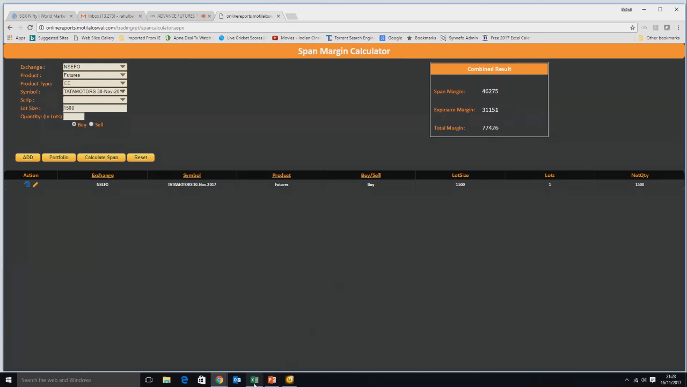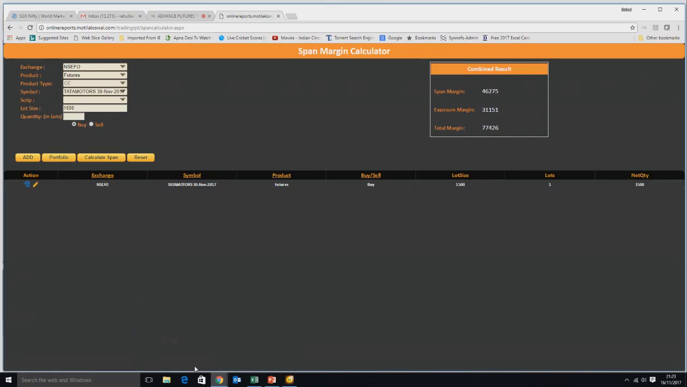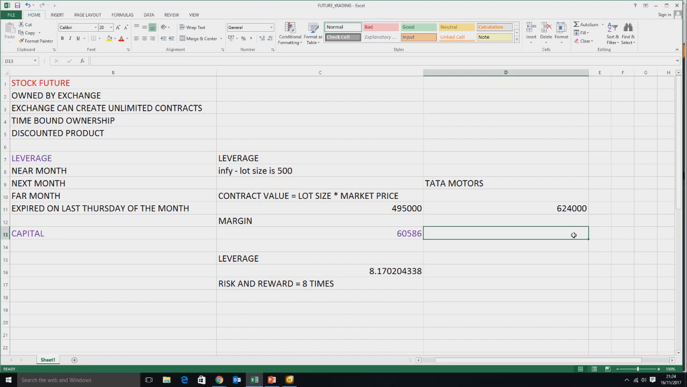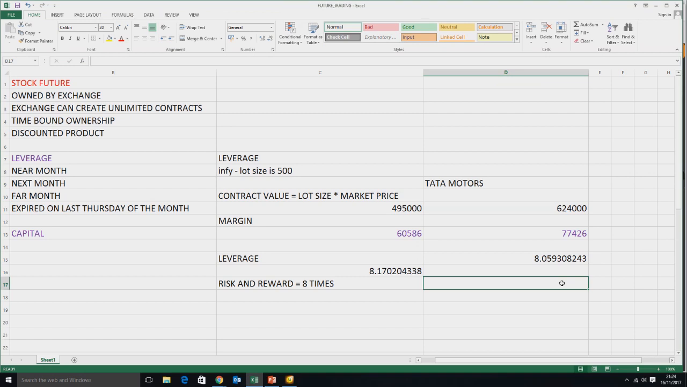So let's calculate. So here, what is the total one? 77,426, right? So here, if I go and select my sheet again, 77,426. So what is the leverage here? It will be equal to my contract value divided by my margin blocked, roughly around also the 8 times. So my risk and reward is also a multiple of 8